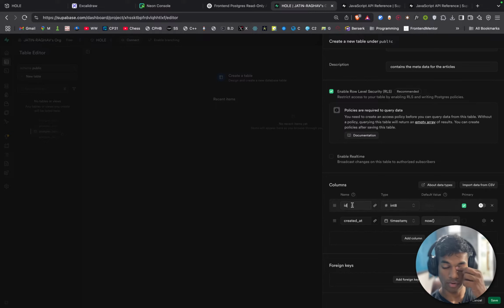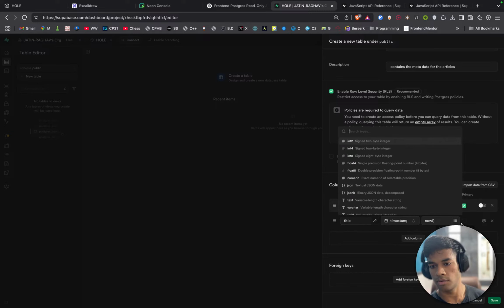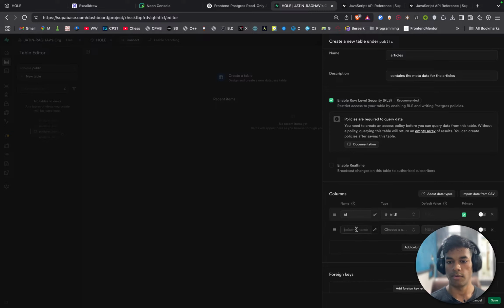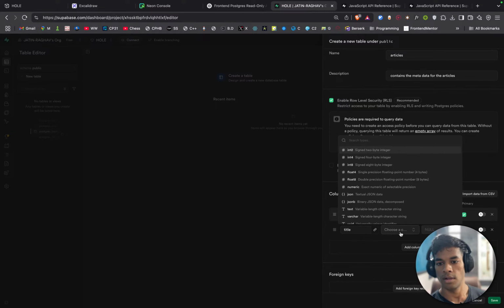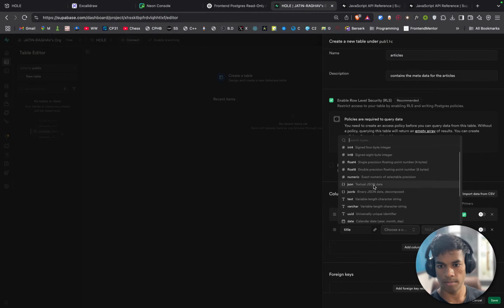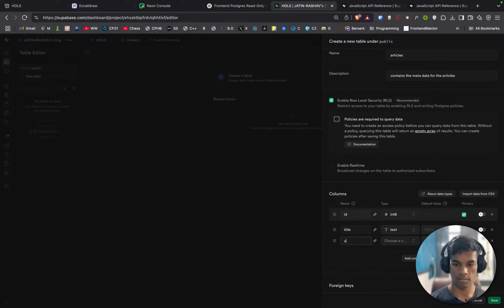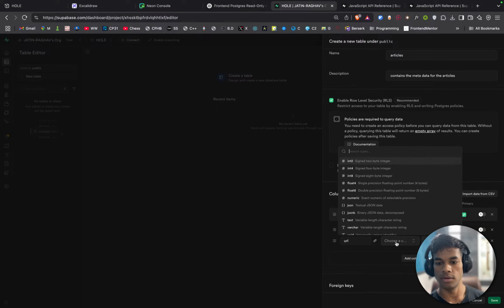And yeah, first one ID. Okay, cool. It will be an integer, and then the second one will be called title. Add column. It will be called title, and type will be text. Default value is null. Yeah. Add column title URL. Yeah, to URL. It will also be text